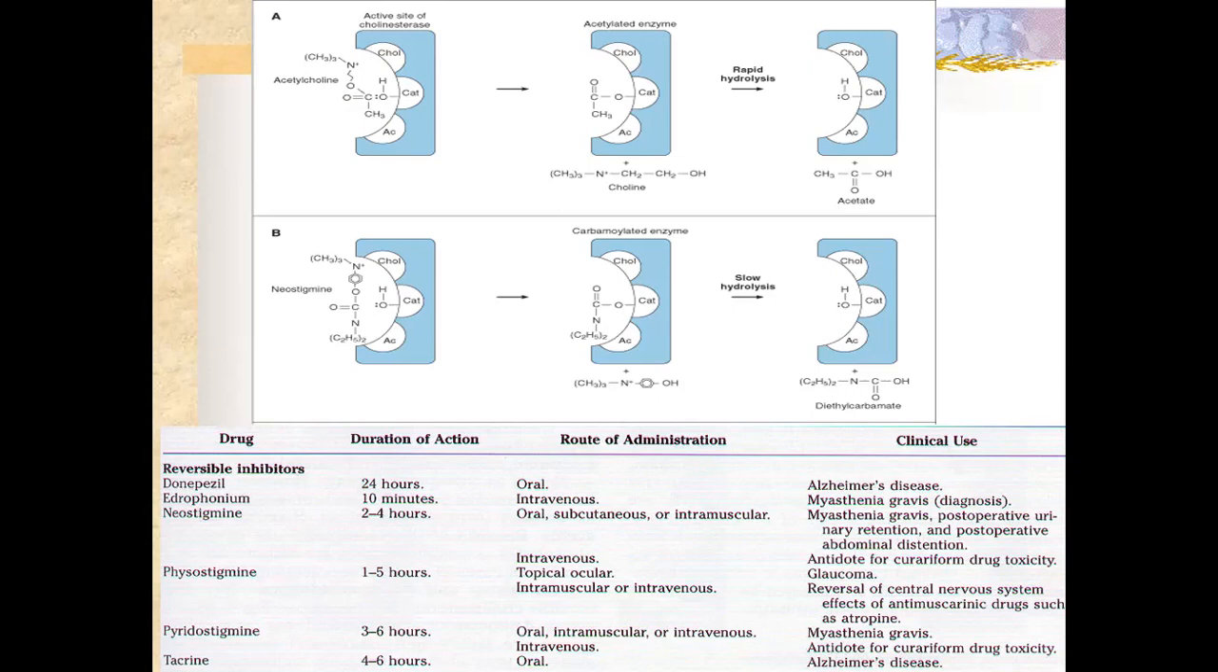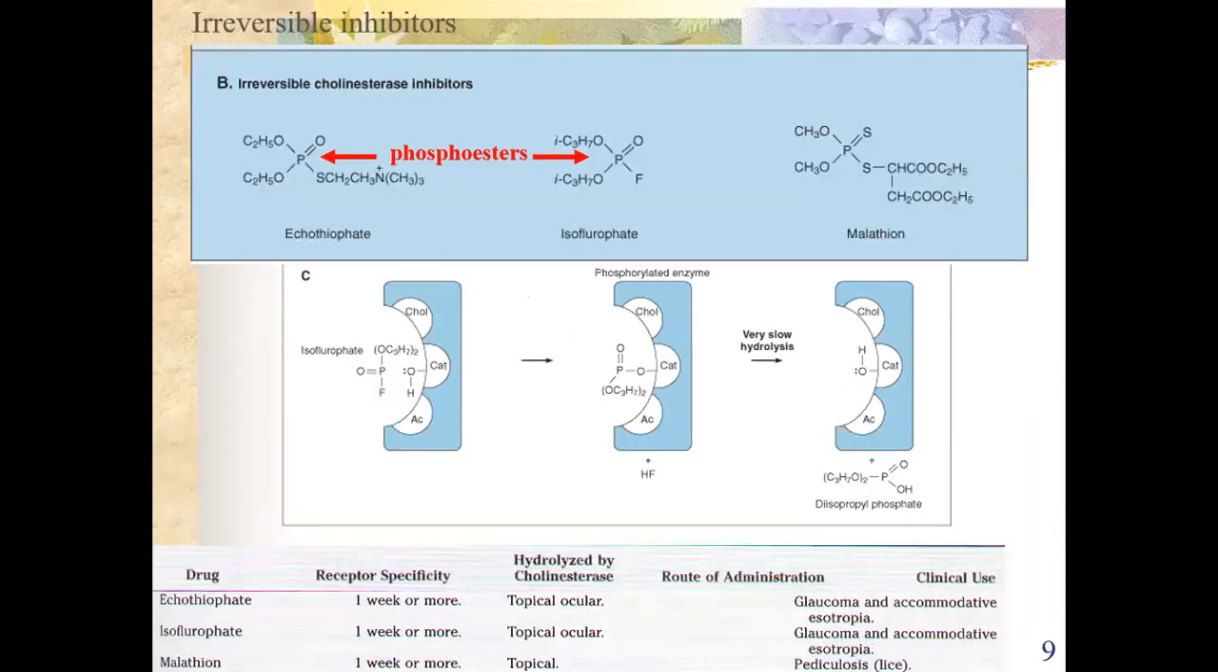Then when you talk about the irreversible cholinesterase inhibitors, these are especially the organophosphorus compounds. Okay, they are the irreversible cholinesterase inhibitors. They are powerful inhibitors of the acetylcholinesterase enzyme. They bind with the enzyme in a stable way, by covalent bonds, and they bind only to the esteratic site,